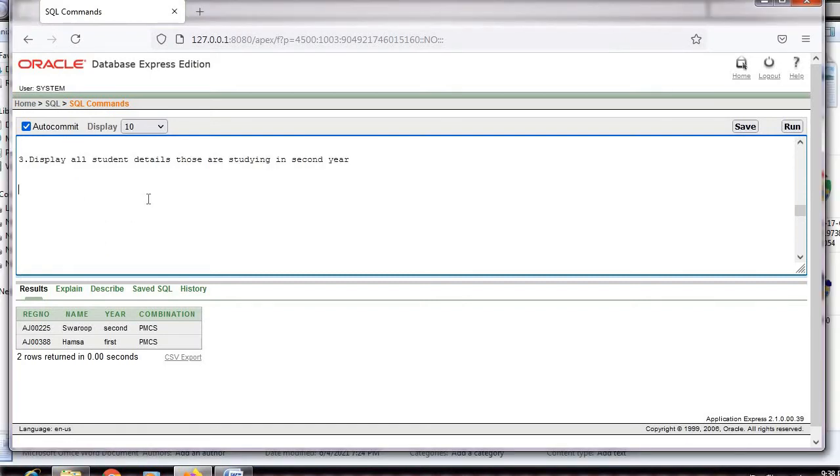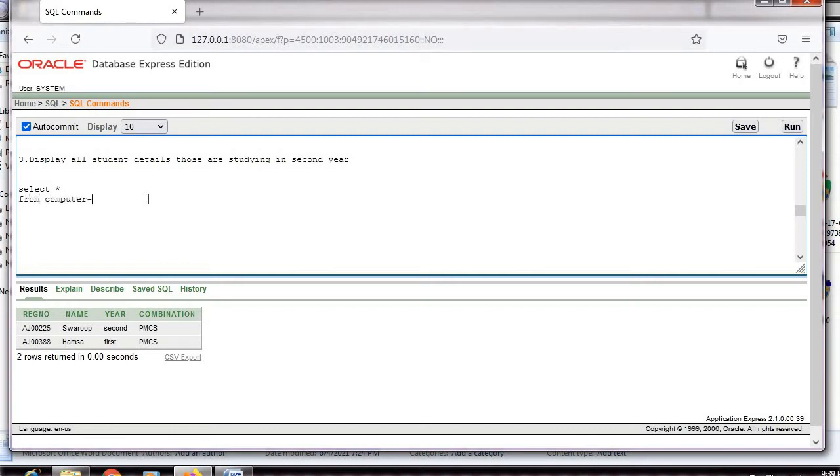The third query, they have asked you to display all student details, those who are studying in second year. First, I'll write the query for this and then I'll explain. Select all students, so I'll use star, okay, from computer science.